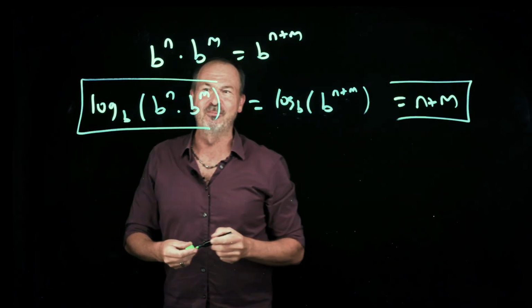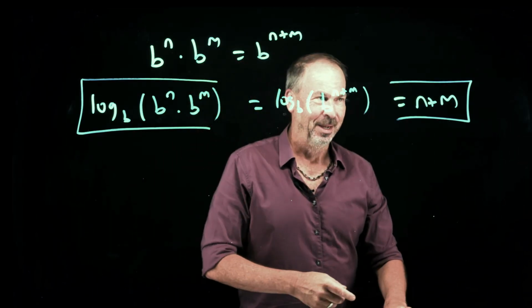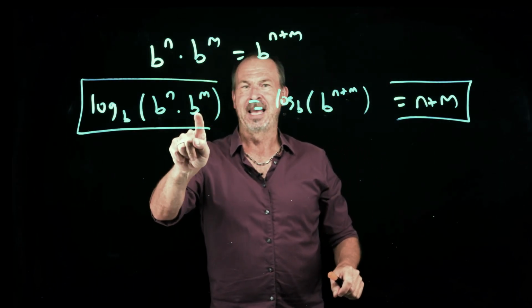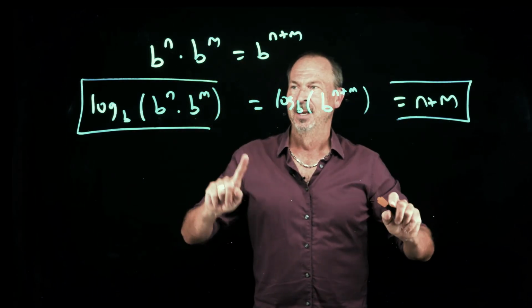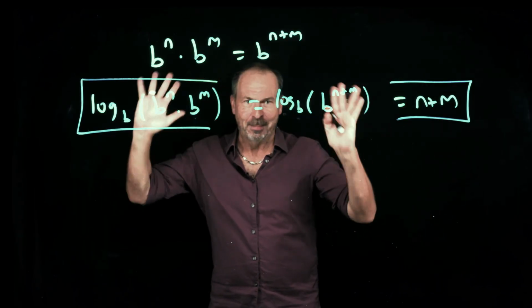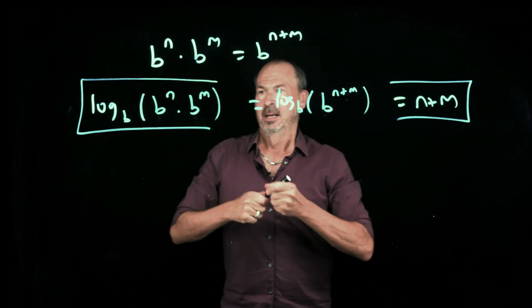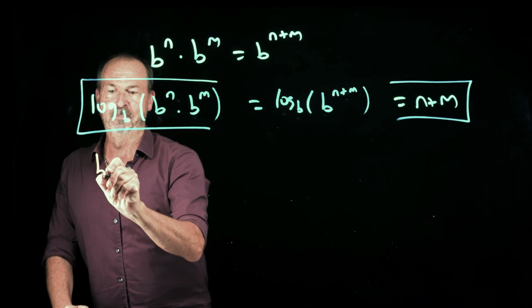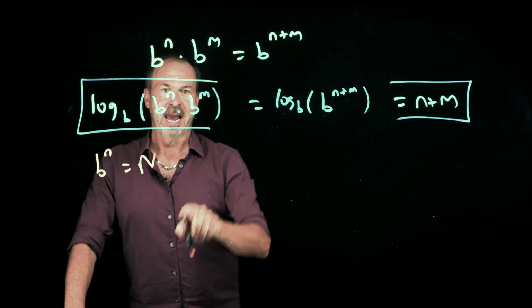But they like to rewrite it, make it look a little friendlier. Because that looks weird. Well, I guess that looks fine. But people say, okay, no, let's make this look a little bit easier on your eyes. Let's call b to the n a name. Let's call b to the n big N. And let's call b to the m